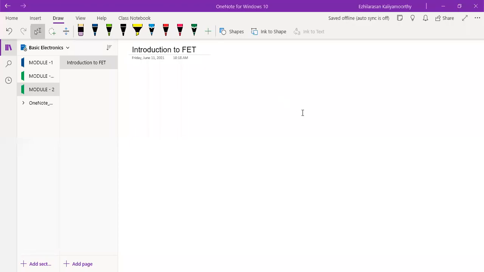Today, let's discuss FET. So, what is FET? It is a field effect transistor. These field effect transistors are unipolar devices, because previously we might have studied the PN junction diode. Then, later, the one more thing is the BJT, which is called a bipolar junction transistor.